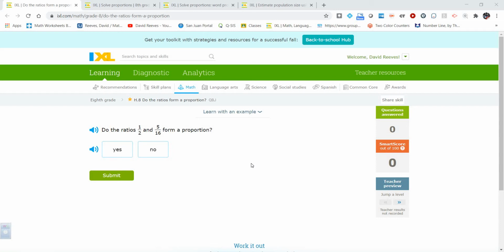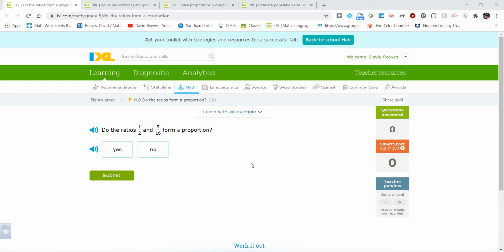And we've talked about what equivalent ratios are. Equivalent ratios are ratios that can simplify down to the same ratio. They are equivalent or they are equal to each other. They have the same value. All right, so a proportion is simply two equivalent ratios set equal to each other, or a ratio equal to